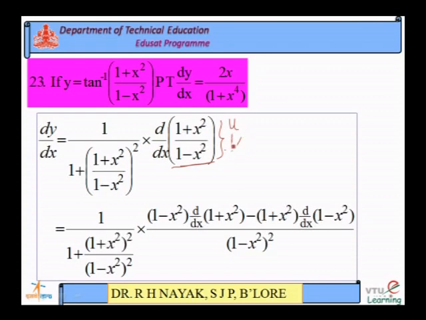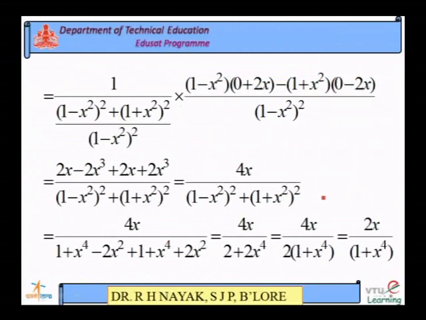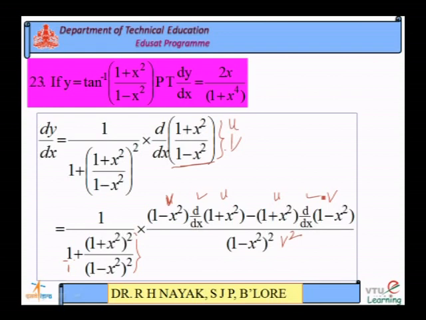So, quotient rule says that v into d by dx of u minus u into d by dx of v, divided by v square. For this I can take LCM, that is (1 minus x square) whole square is LCM, and here we have to differentiate, right. I have taken LCM here, (1 minus x square) whole square, therefore (1 minus x square) whole square plus (1 plus x square) whole square will be the answer.